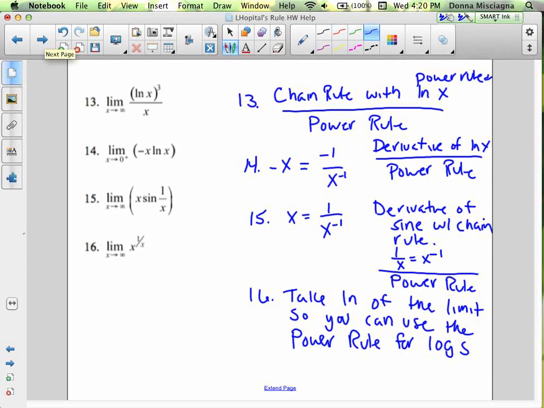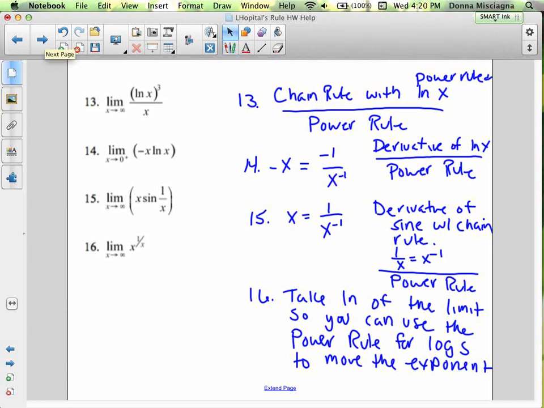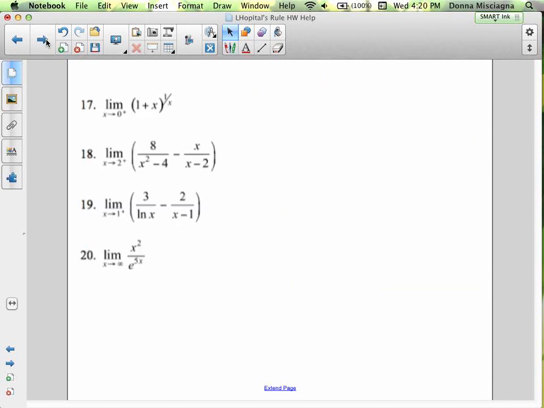You can use the power rule for logs to move the exponent. The exponent will become a coefficient. And then you may need to simplify, or may not, but you'll need to do that first. And that will just move your exponent as a coefficient. All right? So there's this group, and then let's look at the last group. And so just remember, all of these are